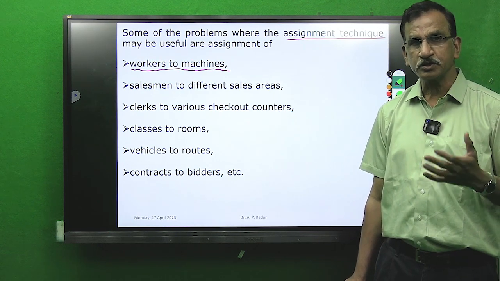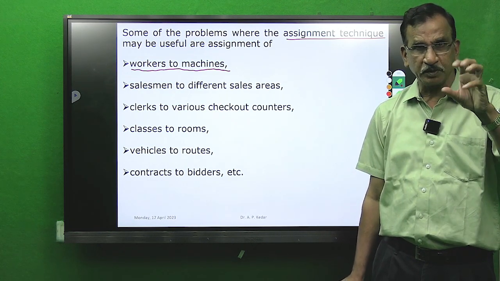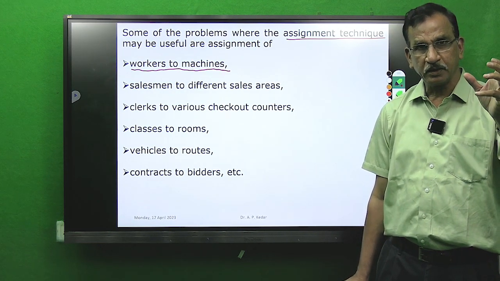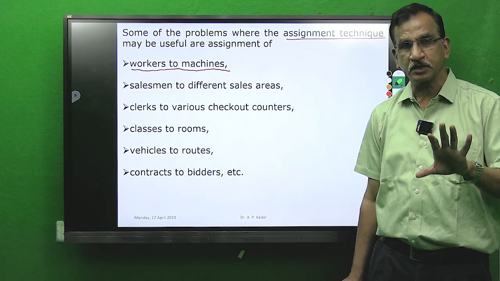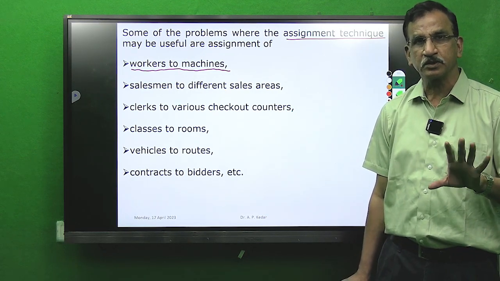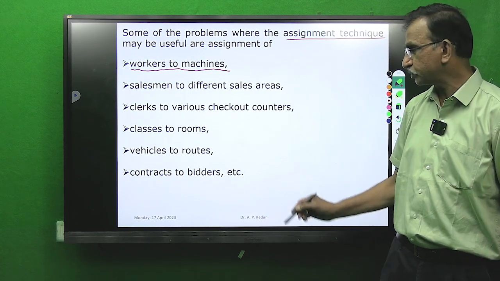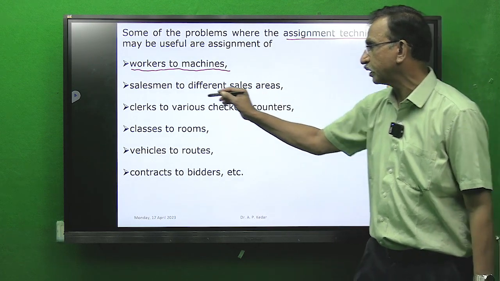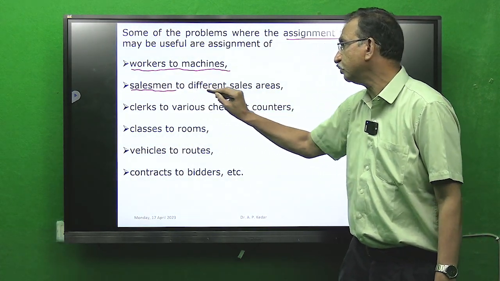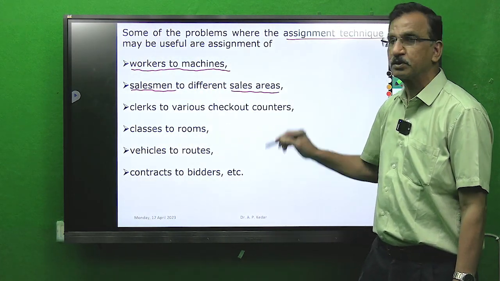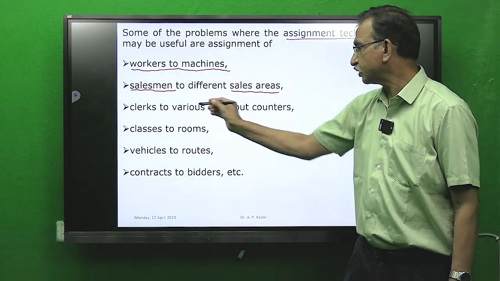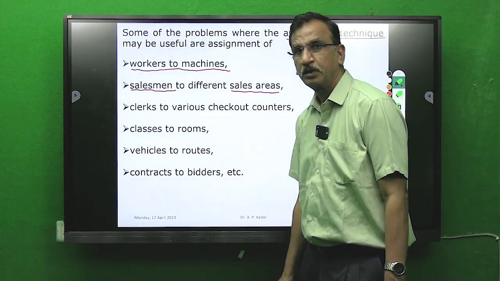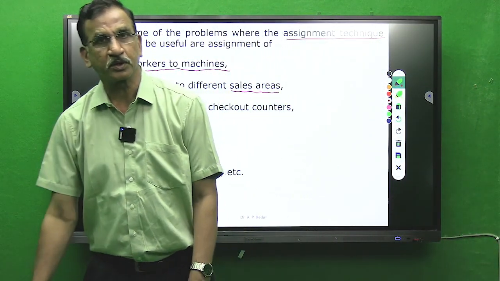So the intention of any organization will be to minimize the expenses, and from the point of minimizing expenses, again it is the decision makers who have to, with proper care, assign different salesmen to different sales areas or different cities. Clerks to various checkout counters. Whenever we talk of service industry,